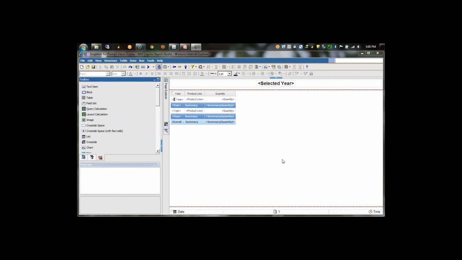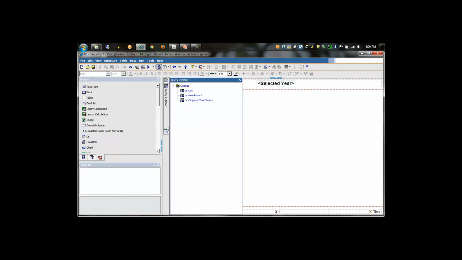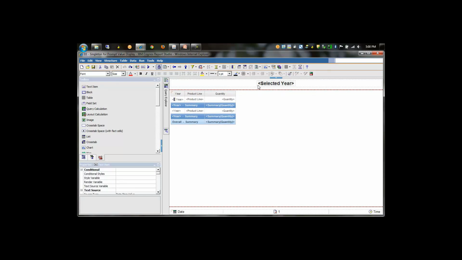So here we have another report using a singleton, and in this case the singleton is being used to display a year that was selected in a prompt on a prompt page. We'll examine this report quickly and see that there is a prompt page that has a year selection prompt. That prompt is based off of a query called query year prompt. The report page has a list on it that is based off of query list, and then this singleton, which is based off of